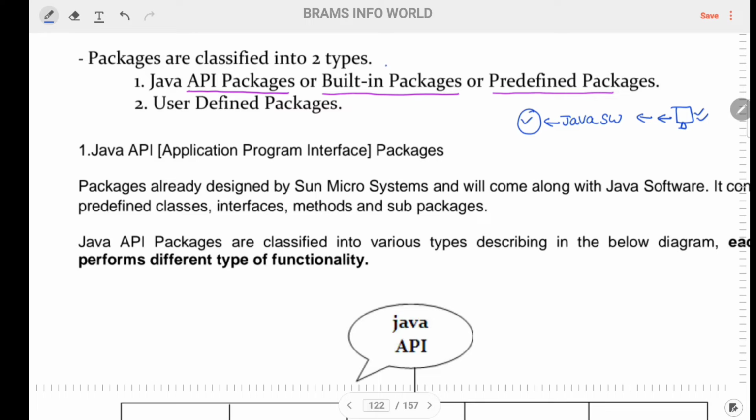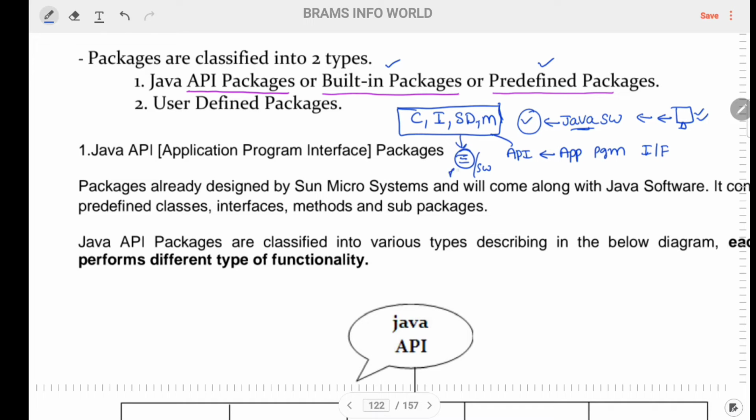So that comes under built-in packages, already defined with the software. We already discussed the meaning of API. API stands for application program interface, and it is made up of various classes, interfaces, subdirectories and methods which are used to define a program or a software.